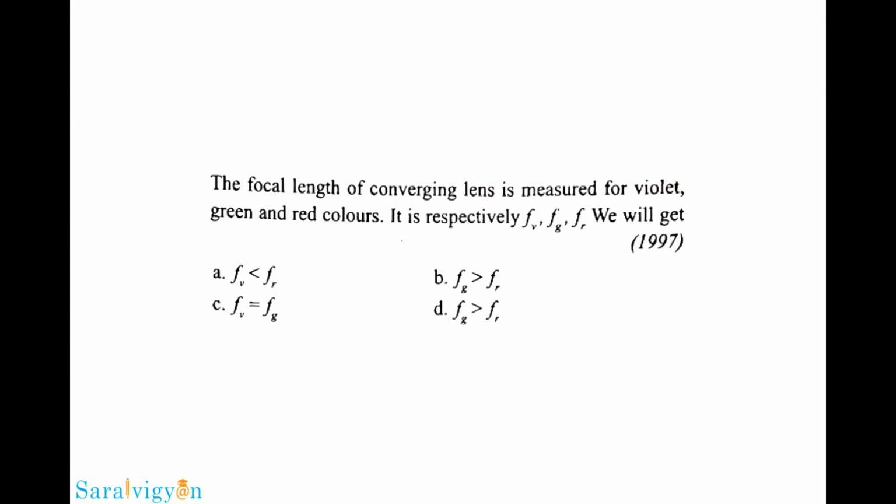The focal length of a converging lens is measured for violet, green and red colors. It is respectively FV, FG, FR. We will get A. FV less than FR, B. FG greater than FR, C. FV equal to FG and D. FG greater than FR. Here we are given three colors and we know that